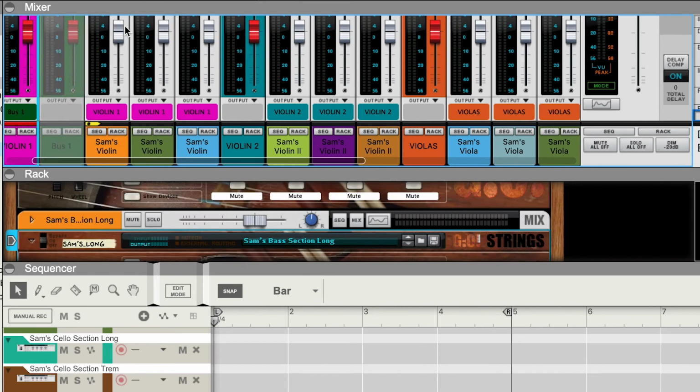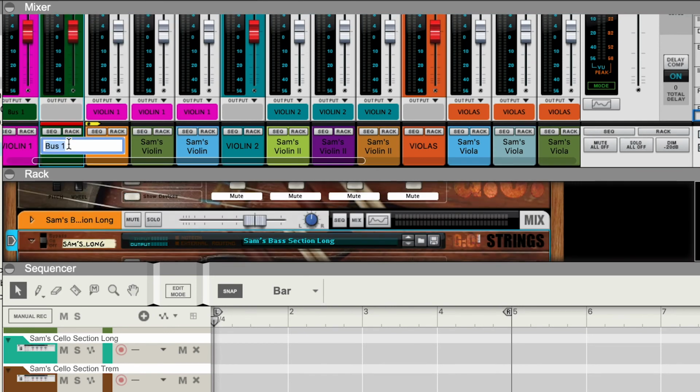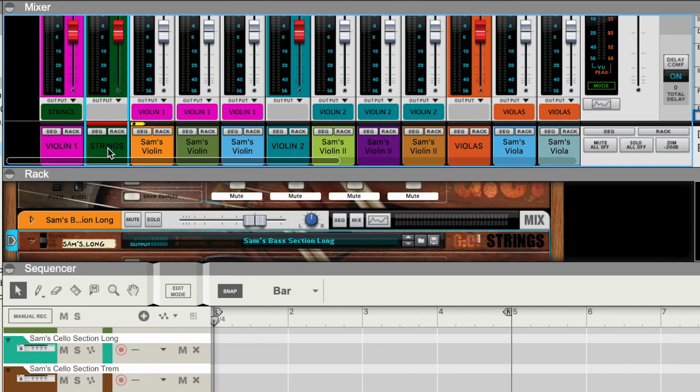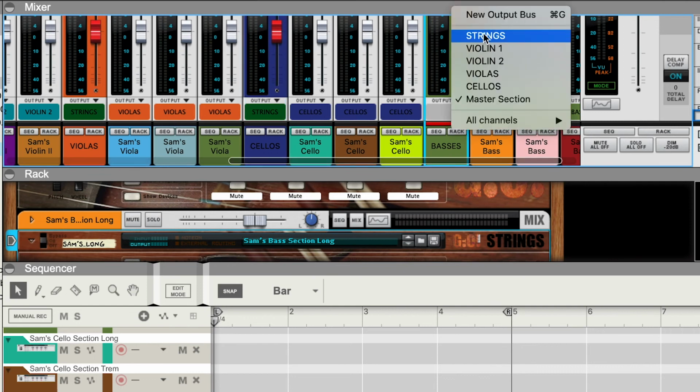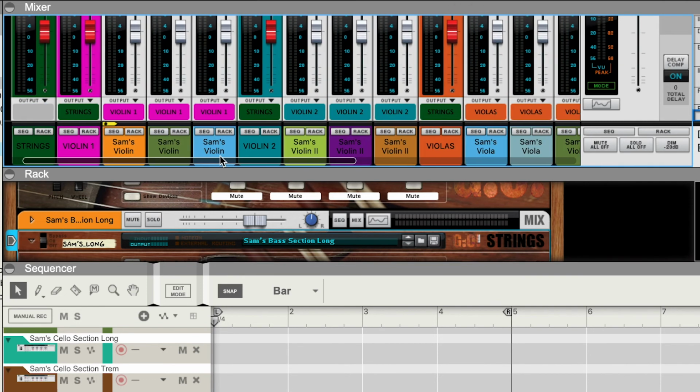We still want to send all of these to their own master output bus, which we're going to call strings. And I'm going to send all of those section buses to that string bus. What we end up having is 5 groups of 3 articulations going to individual buses that are panned separately, and all of those buses are summed together in one bus, which is our string channel, which we can apply whatever reverb that we feel is necessary, even though you probably won't need more than what is already present here in